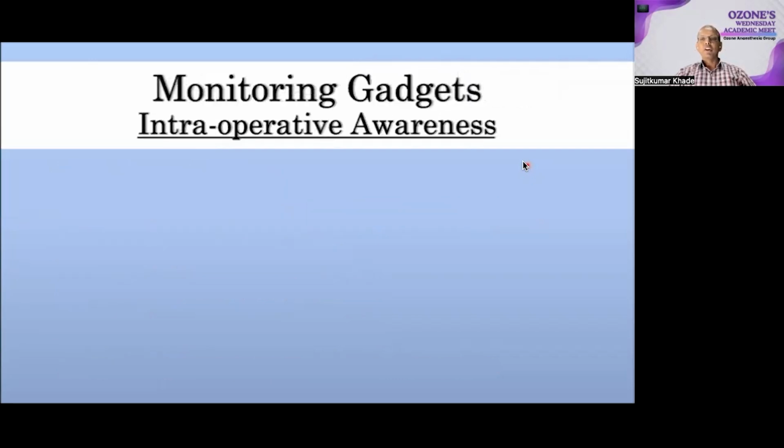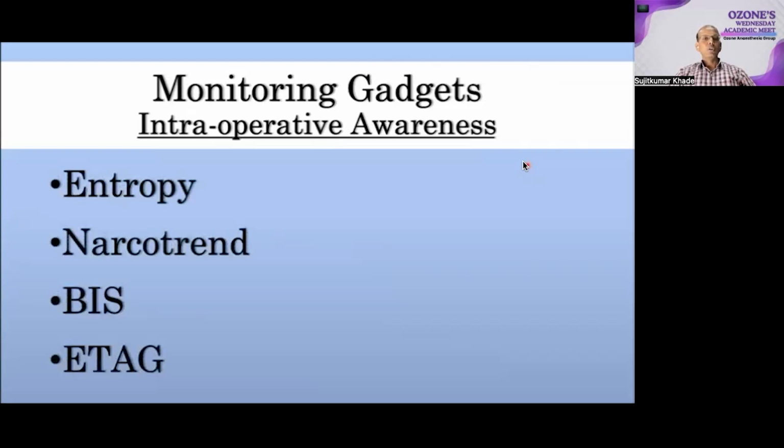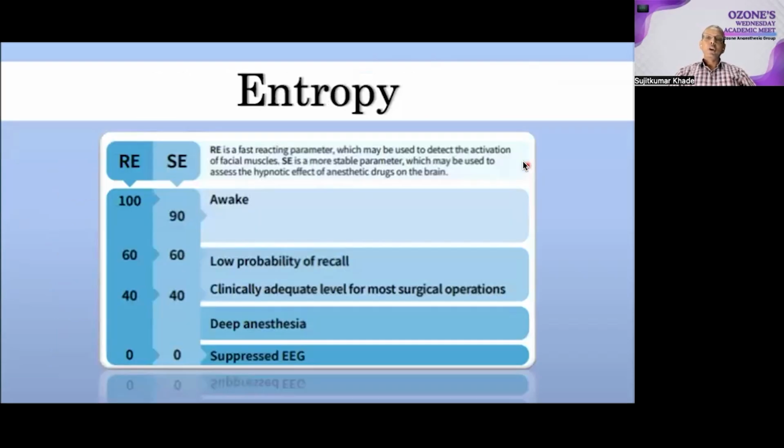There are a number of brain function monitors that use proprietary algorithms to process the EEG and provide data to anesthesiologists with a value intended to represent the depth of anesthesia. In addition to the BIS monitor, other monitors include Entropy, Narcotrend, and SedLine, but BIS is the most widely used one. Entropy monitors analyze a single-lead frontal EEG, typically using a sensor with 3 electrodes placed on the patient's forehead. The monitor generates two indices, state entropy and response entropy.